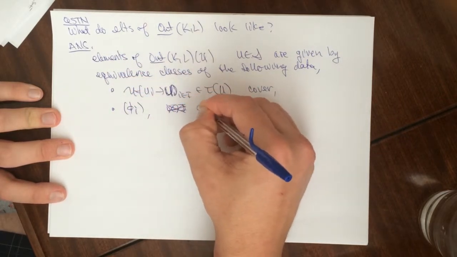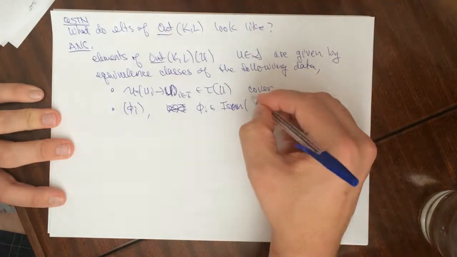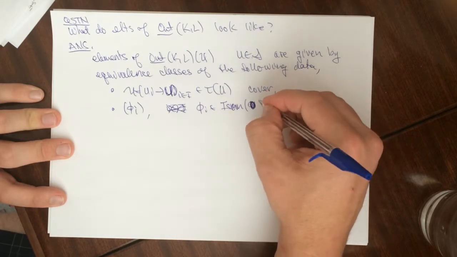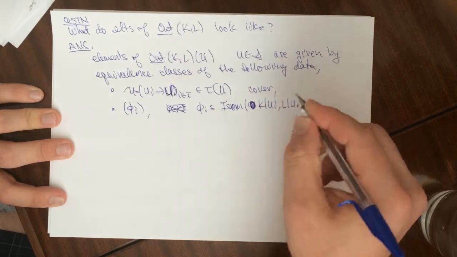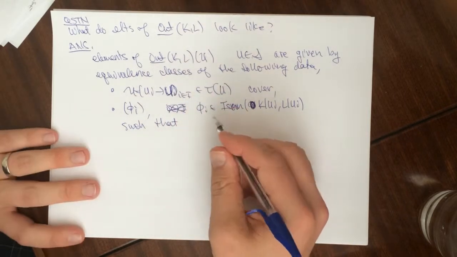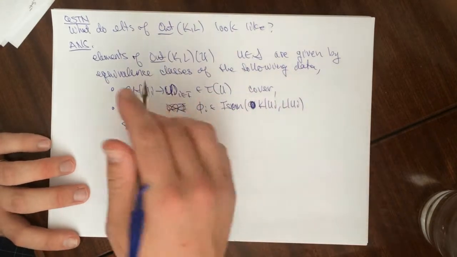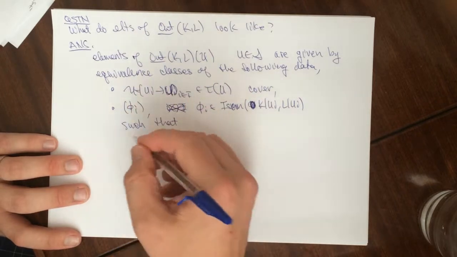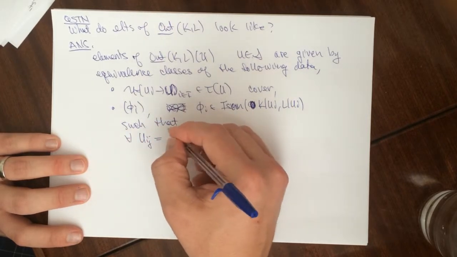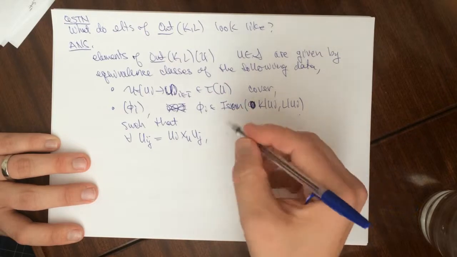Where the phi_i are isomorphisms from K restricted to U_i to L restricted to U_i, such that, and then we're going to have another condition, for each one of these guys, so for all U_ij, and again this is U_i crossed with U_j, we have that there exists,